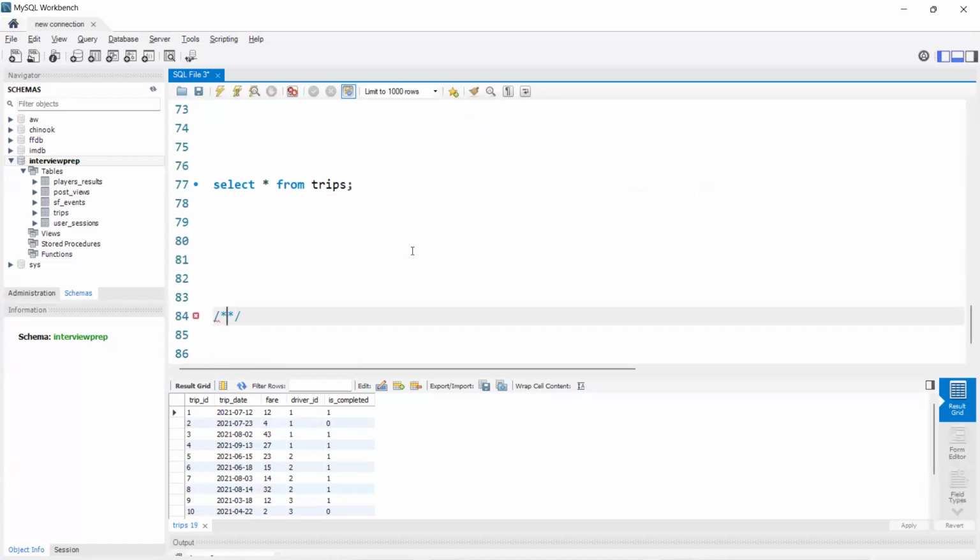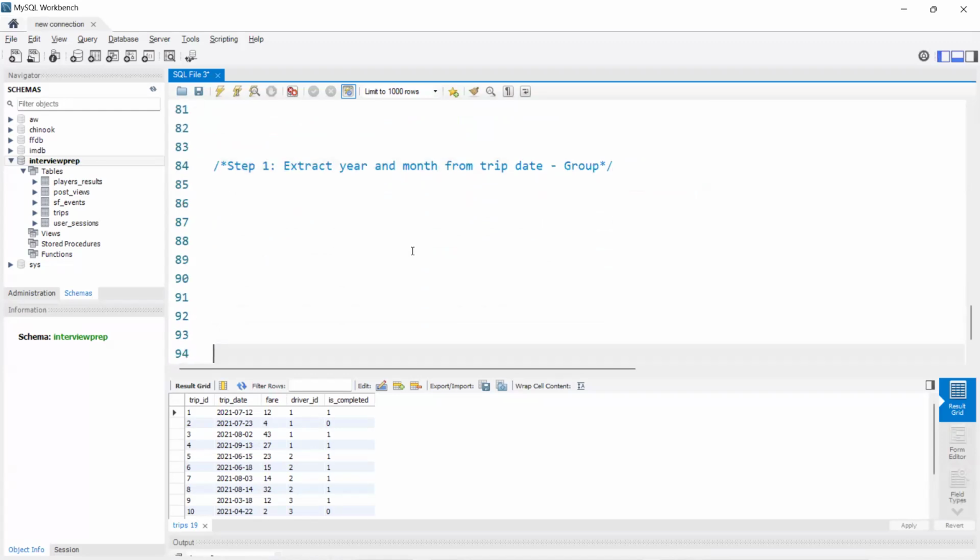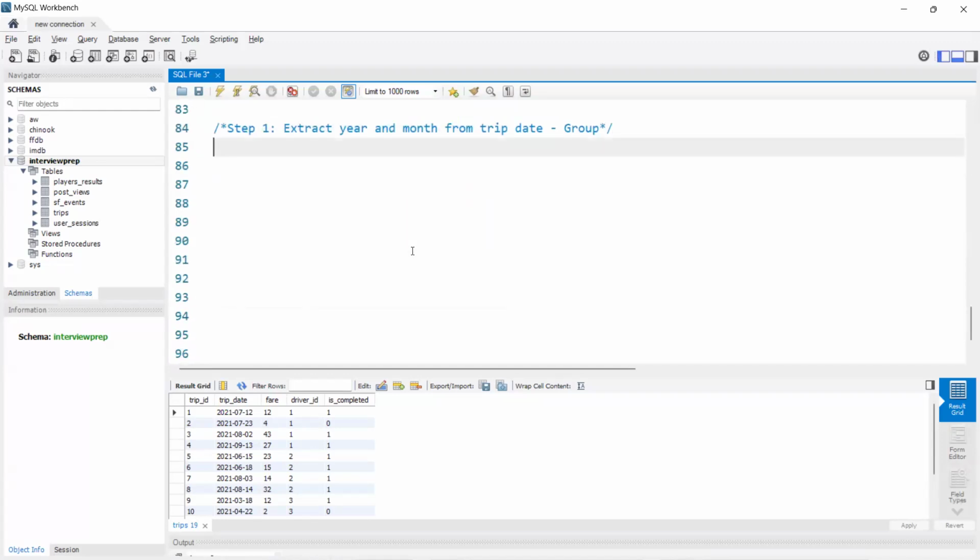My step one would be to extract year and month from trip date, because I want to use that for grouping. That is my first step. So I'll select driver ID, because my interest is in driver ID. Let me apply the CTE here. With monthly activity as